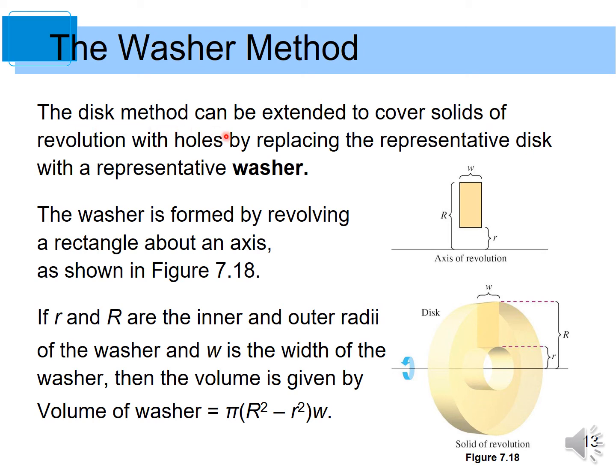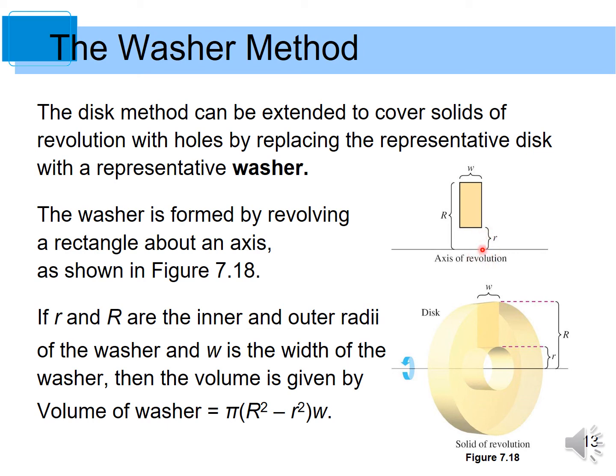This method can be extended to cover solids of revolution with holes by replacing the representative disk with a representative washer. The washer is formed by revolving a rectangle about an axis. Look at this rectangle. The rectangle is above the axis of revolution,